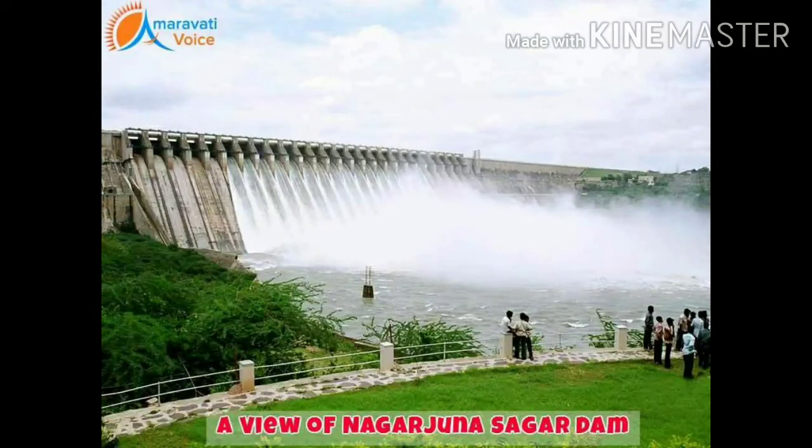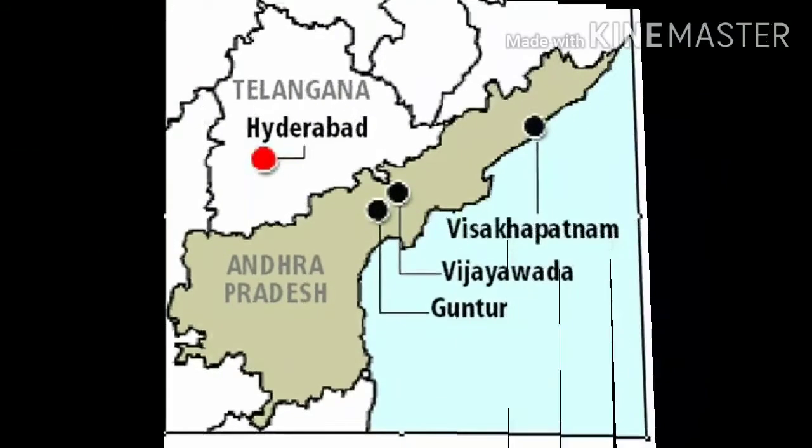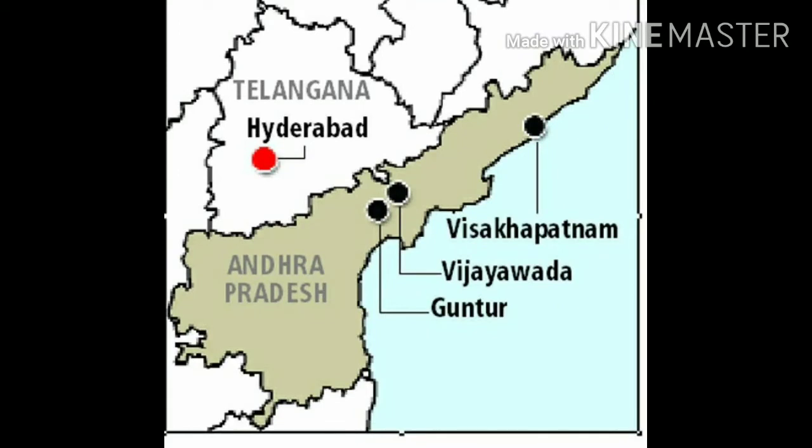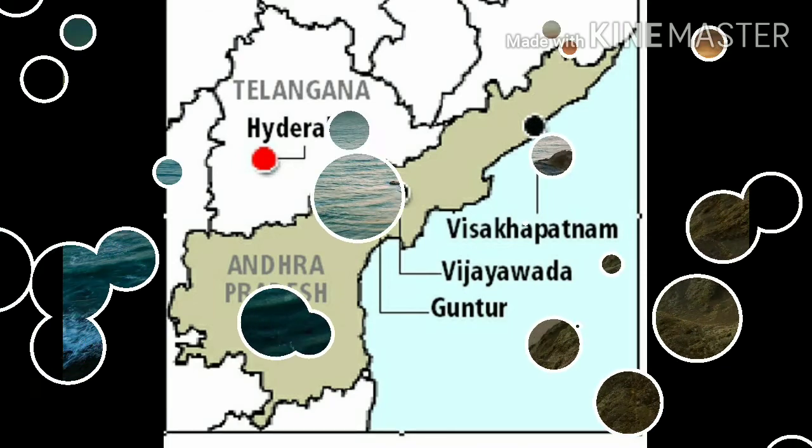Mainly, they show how much land will be submerged by the water of the dam. If you travel westwards from the coast, height will increase. That means if you go from the interior to the coast, height will decrease. For example, going from Hyderabad to Visakhapatnam you are coming down. Going from Visakhapatnam to Hyderabad, height will increase. Why? Because Visakhapatnam is in the coastal region and Hyderabad is interior. The height of Hyderabad is nearly 500 meters above sea level, but Visakhapatnam is only 0 to 15 meters.